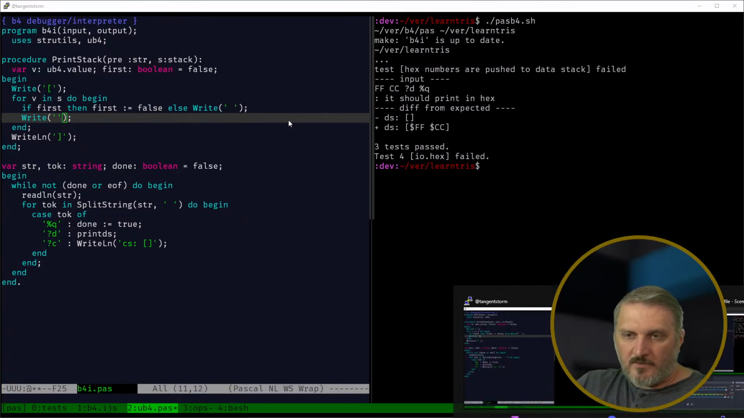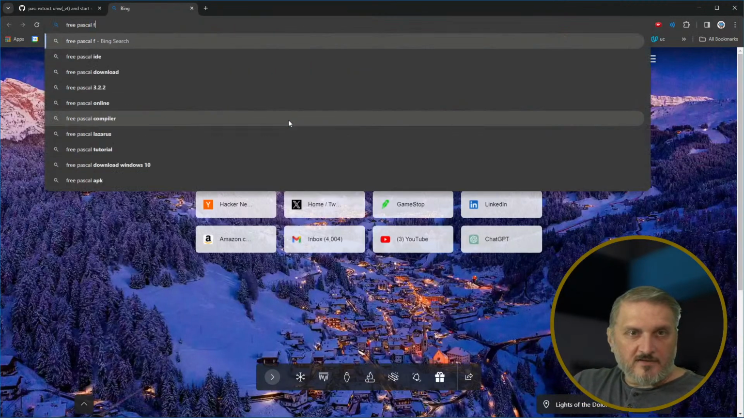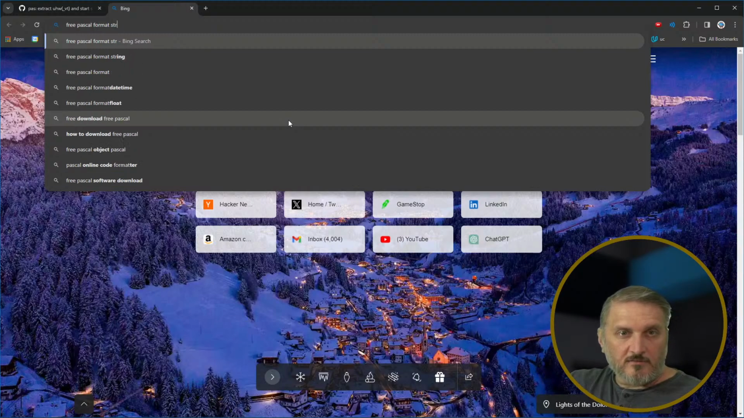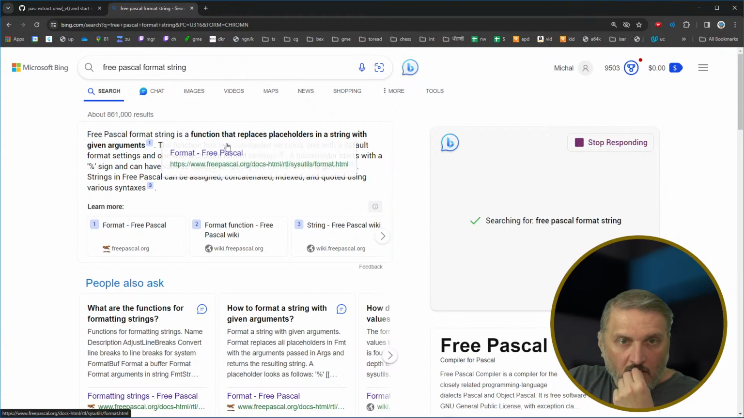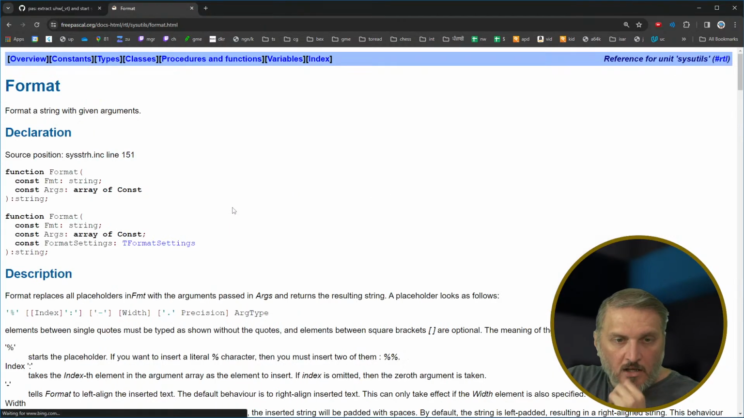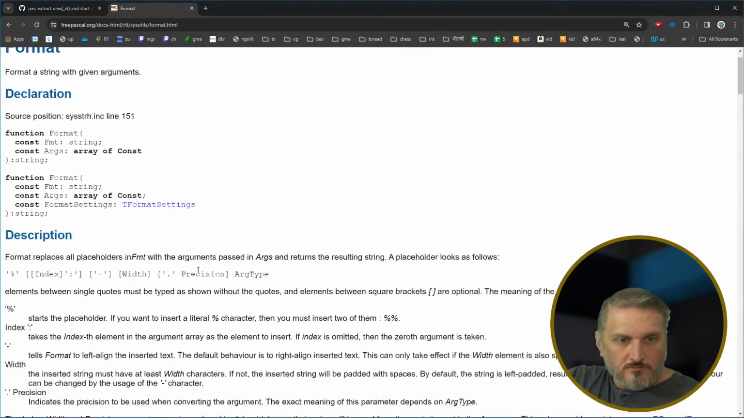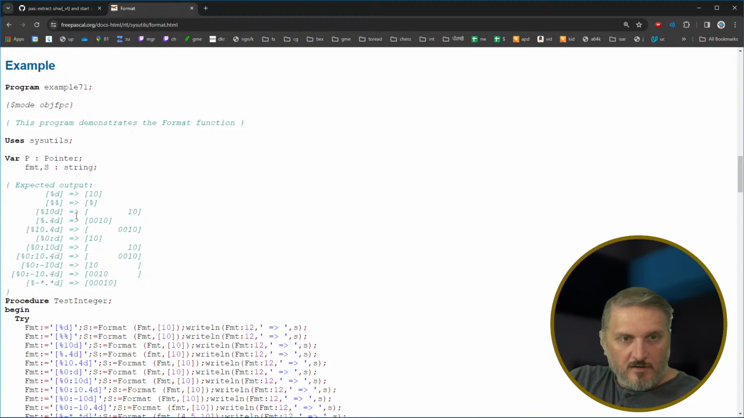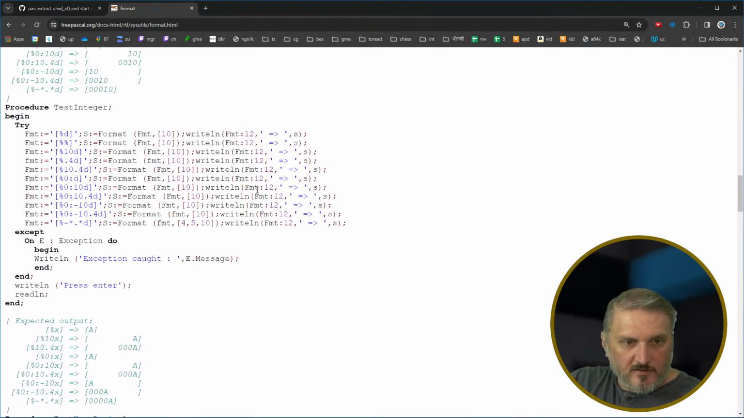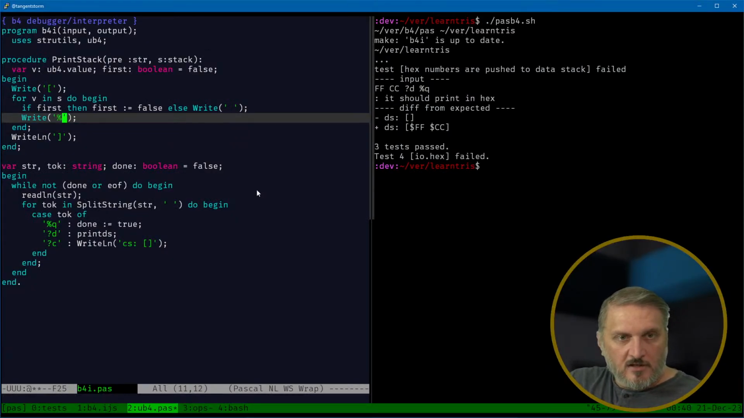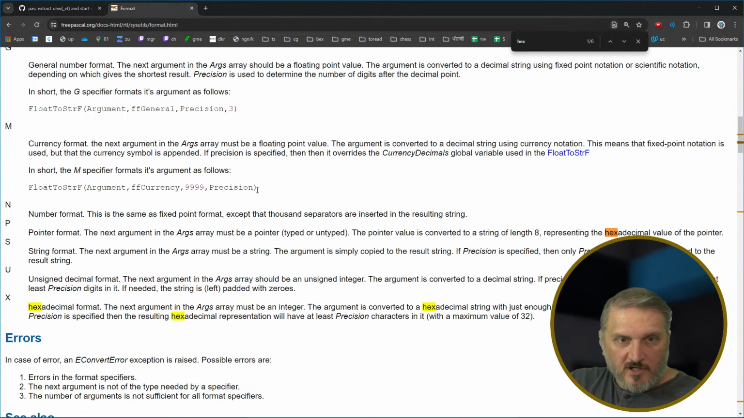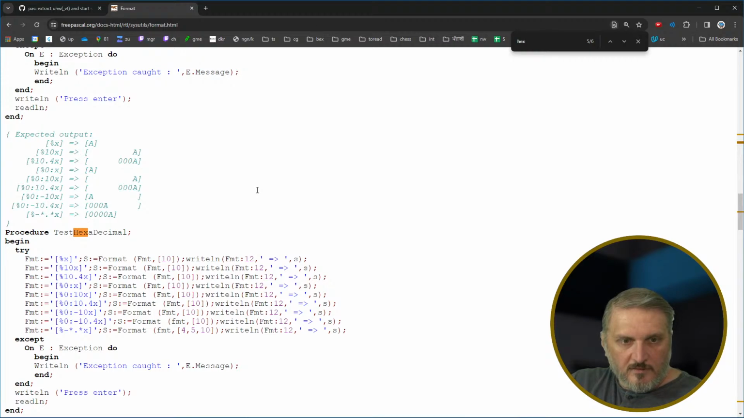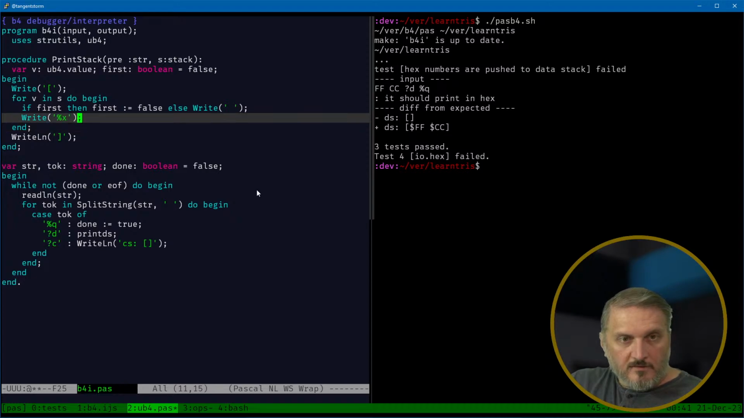What is the format? I think the format string, so Free Pascal format string. What do I write? It's like Python, I think. How do I do it in hex? X. Oh, so it's basically like Python. Is it capital X? Capital letters? X, and then